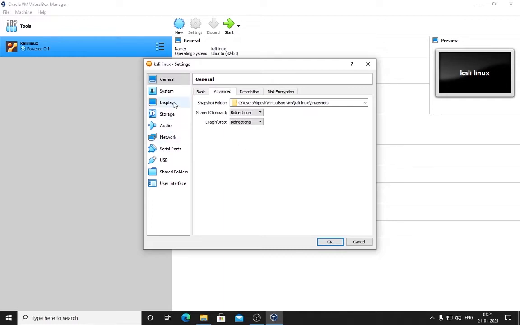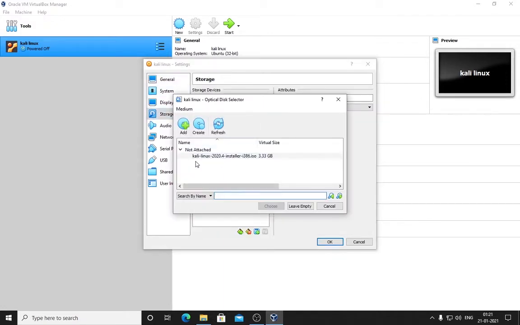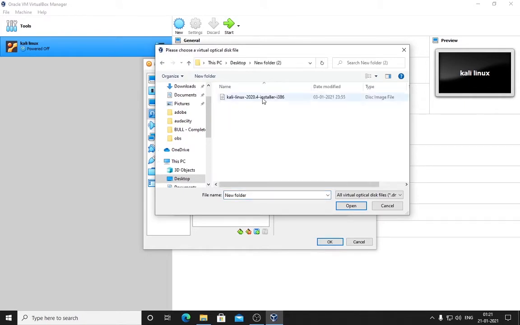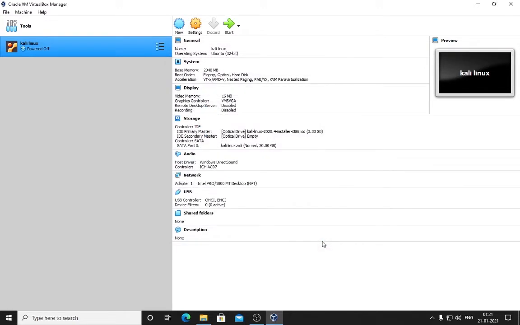And next, go to this storage thing. Click on this icon here. You can add an optical drive. So if you are not seeing this because you haven't selected it, click here on add, and I have put it in new folder 2 on the desktop. You can see this PC, desktop, new folder 2. Double click on that, click on OK. So we have chosen the file for it, and now when we press start, it will start installing this operating system. We have to interfere and manually set up some things.